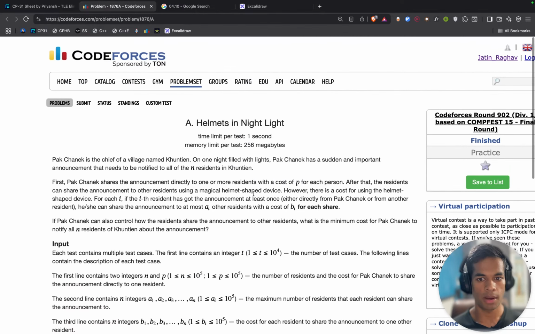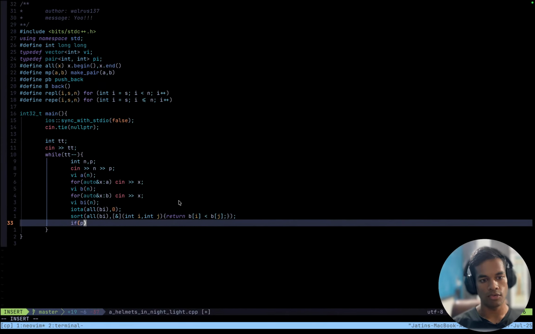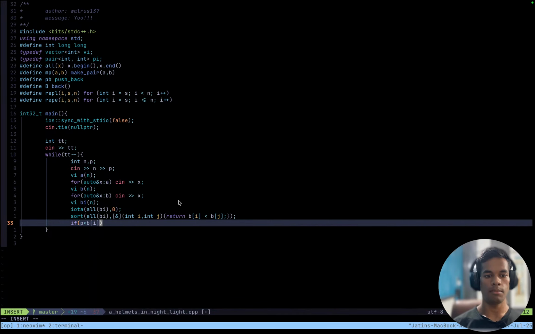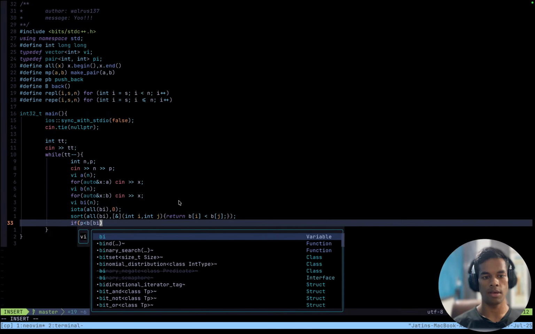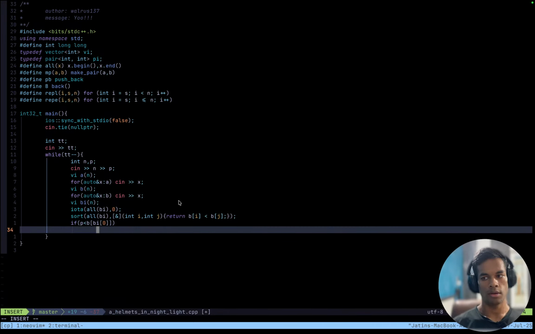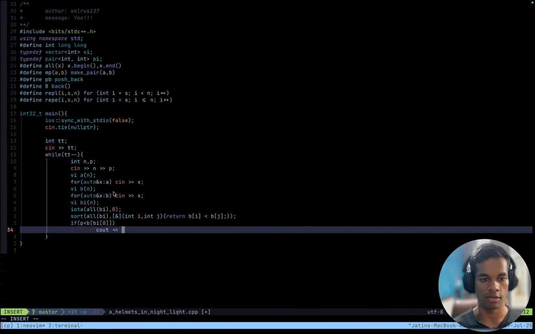How many people can Park Chanik tell about the thing? So if P, the cost of Park Chanik, is lower than B[0], then cout how many people do I have to tell to? All N residents.